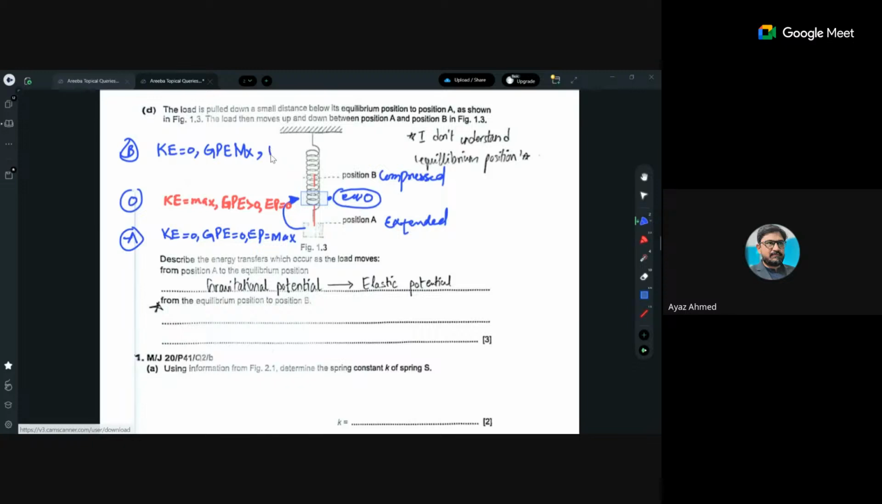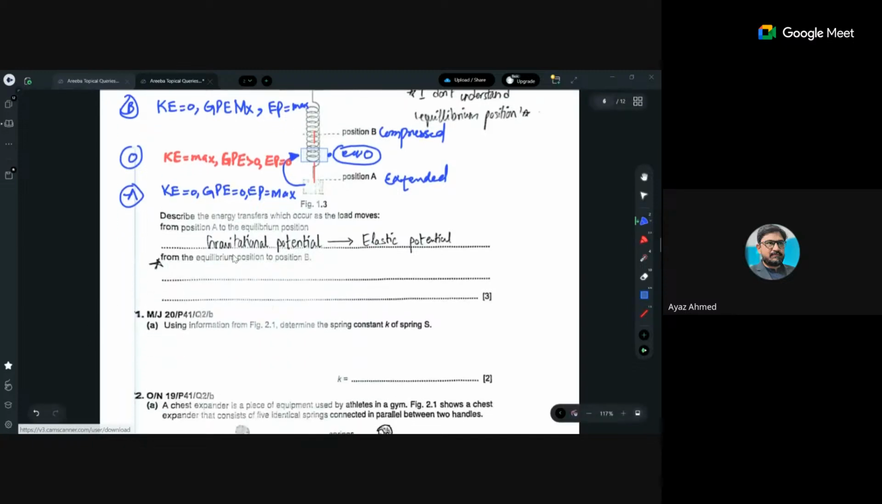And what will be the EPE there? That would also be maximum because the spring is completely compressed. So from A to equilibrium position, kinetic energy was zero, gravitational was zero, EPE was maximum. So here kinetic is maximum and GPE is also something. So you will write that elastic potential energy is converted into GPE